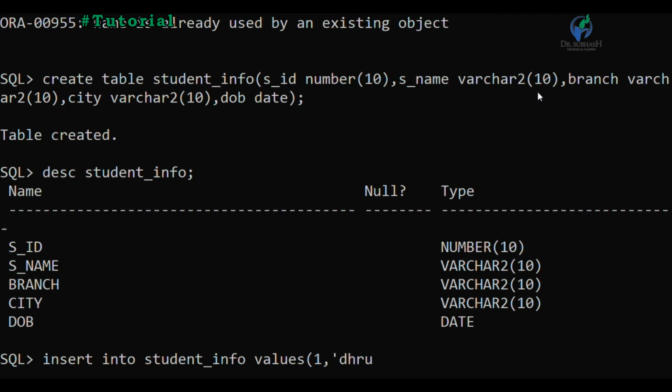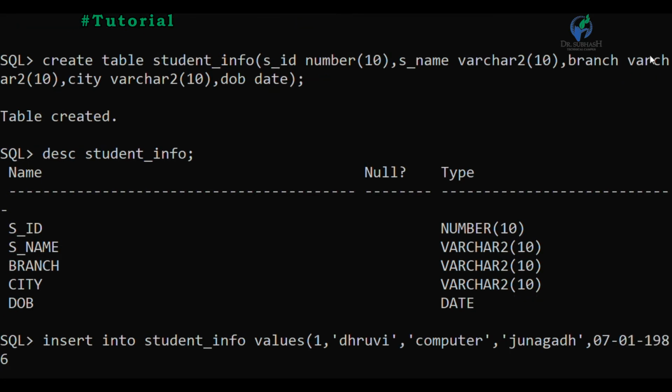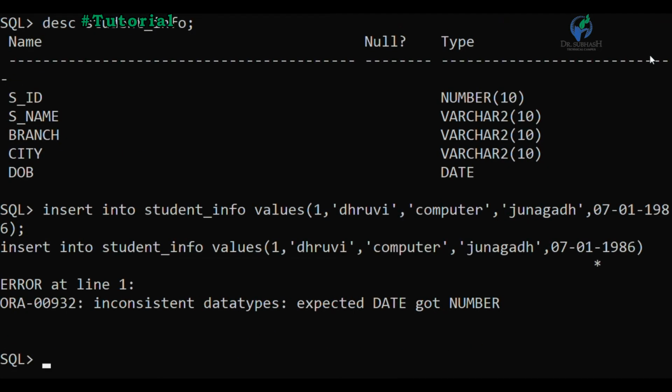For student name I write Dhruvi. After student name, for the branch column, I insert computer. After city, I insert Junagadh, and then date of birth. For example, this kind of data I have to insert.